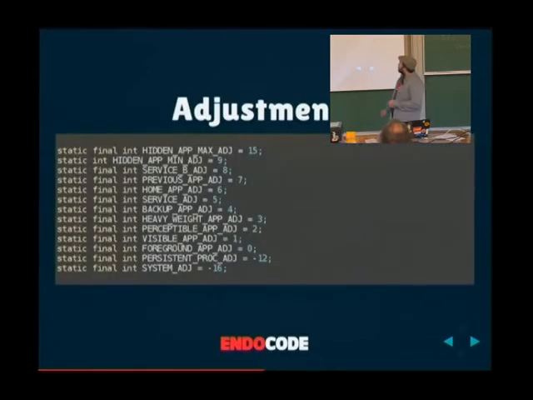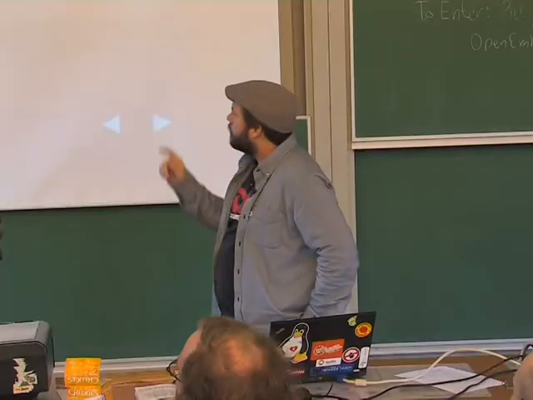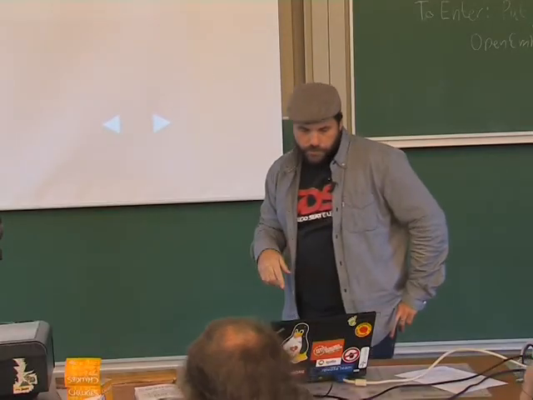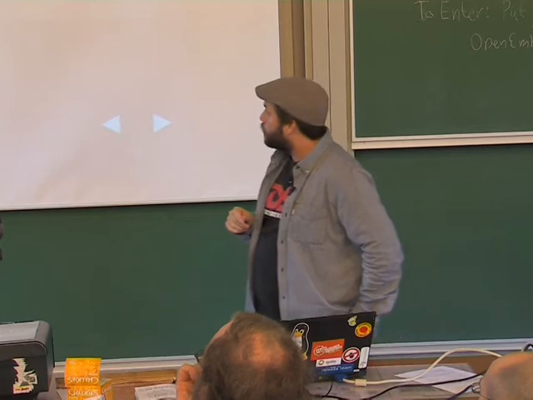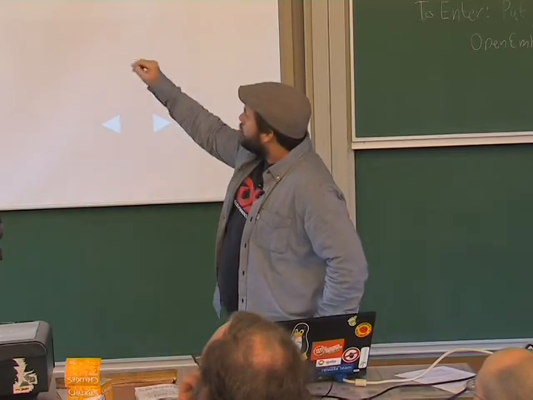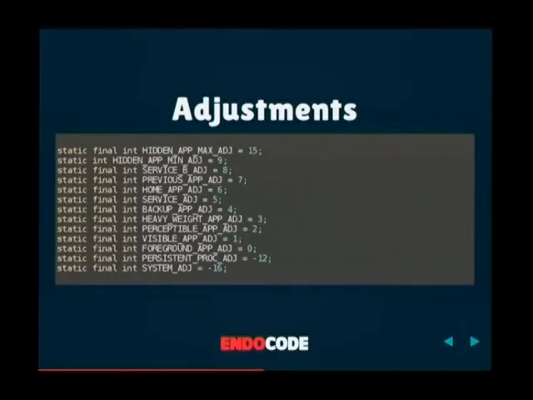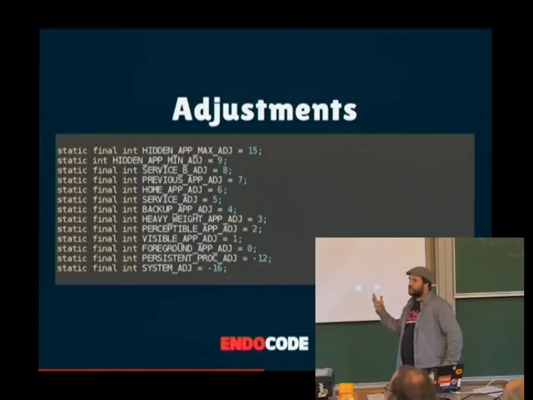And if you see here, I should have probably put it, but all these declarations are actually in the ProcessList.java in the Activity Manager code. What you see here is similar to nice values, where the largest number is the least important and the smallest number is the most important. Now these correspond to values that the Linux OOM takes for their OOM adjust value.